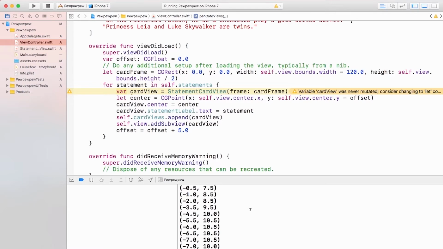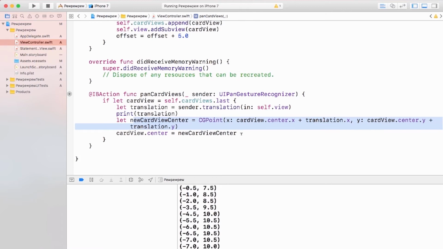So 4.5, 5.5, 6. And if you think about adding this to our center, that's actually incorrect. We don't want to continually add each individual piece. We only want to add the difference for that because we're already calculating the previous frame's movement in. When we add the center, the way we did here, we want our translation to be zeroed out again, so that on the next movement, it just adds the difference. So I can go in here, and I just need to type